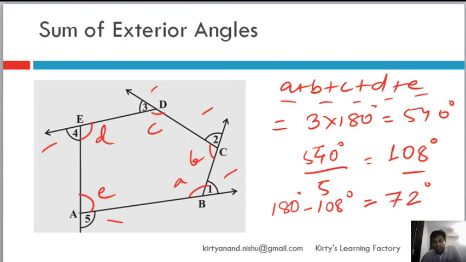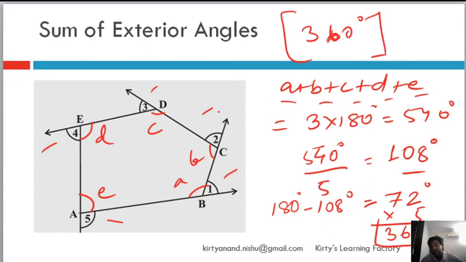Each of these angles, I'm just taking a specific example, is going to be 72 degrees in case it is a regular pentagon, and when I multiply it by 5, what do I get? I get 360 degrees. So basically what is happening is that the sum of my exterior angles, irrespective of the polygon, comes out to be 360 degrees. I have taken the example of a regular polygon to drive home the point.